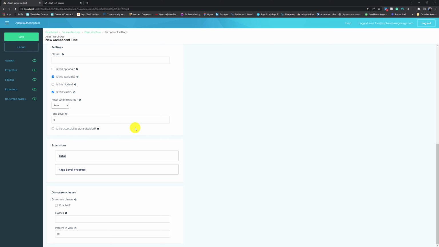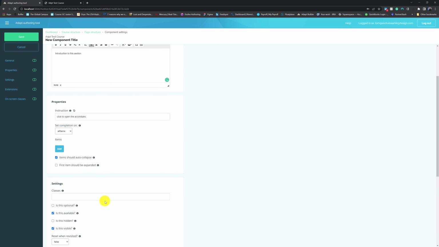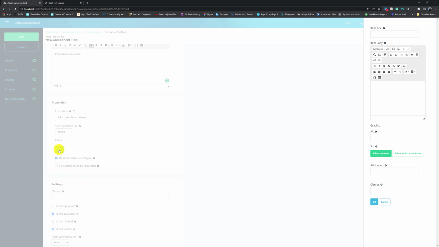And here you kind of see all the same stuff you'd expect. The settings, the extensions, the on-screen classes. And that's because at the moment we've not added any accordion items. For this, we simply click the Add button, and again on the right hand side we get an editing panel